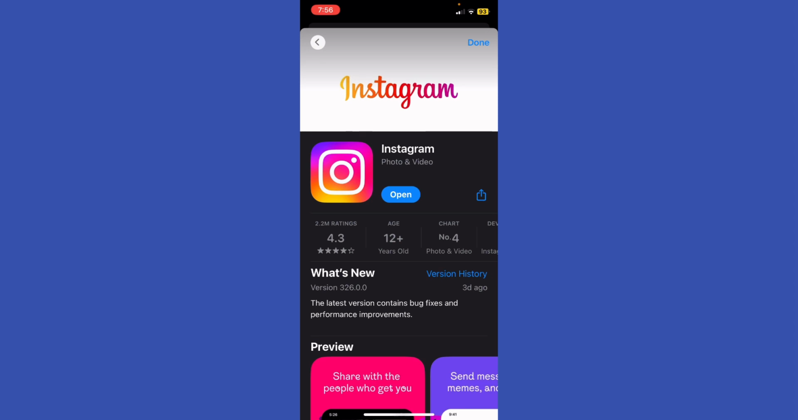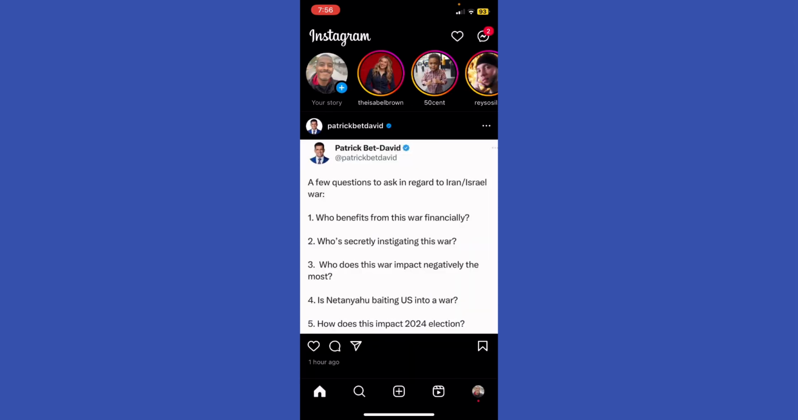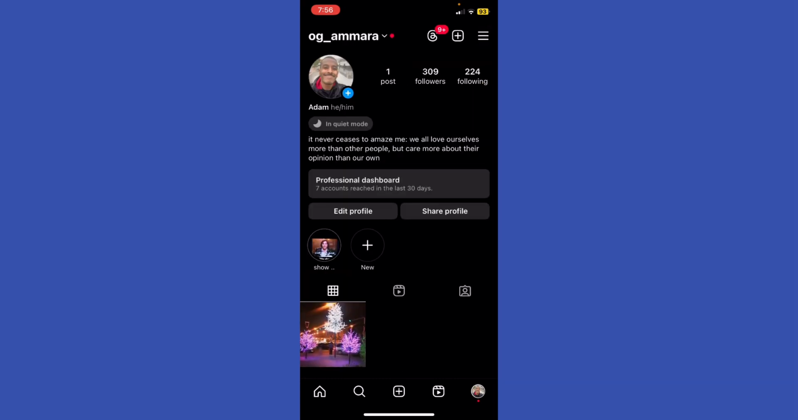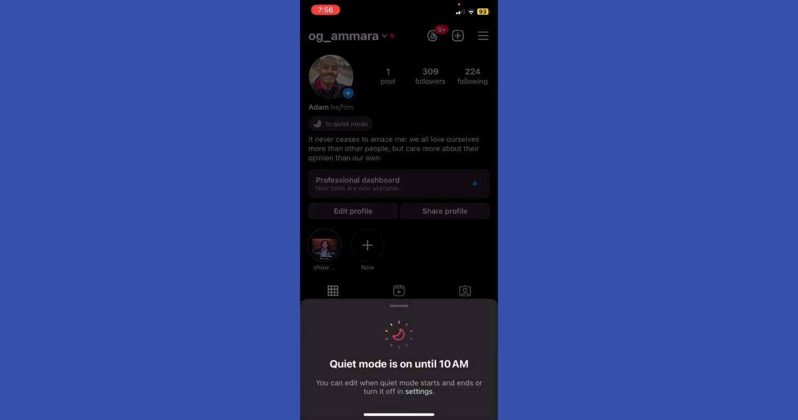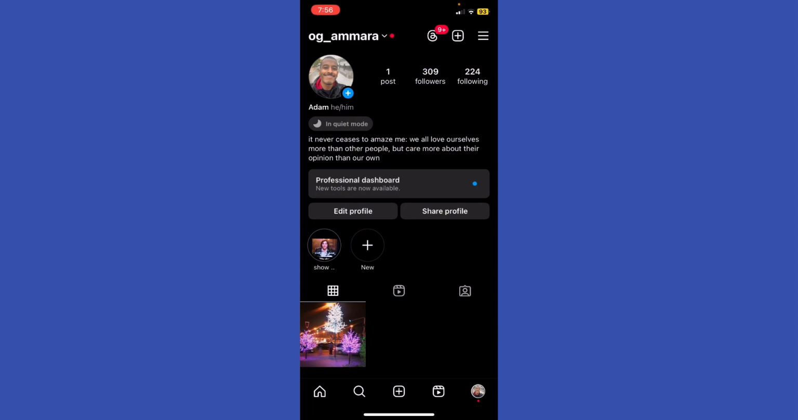Now I'm just going to open up the Instagram app. As you can see right here, the Instagram app appears in front of you. Click on your profile icon on the bottom right corner, and you're going to see quiet mode right here. If you want to turn it off, go to the settings, and they will direct you to the quiet mode. But if you want to know how it's done, just click the three bars